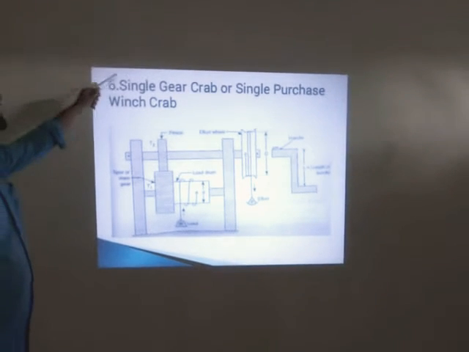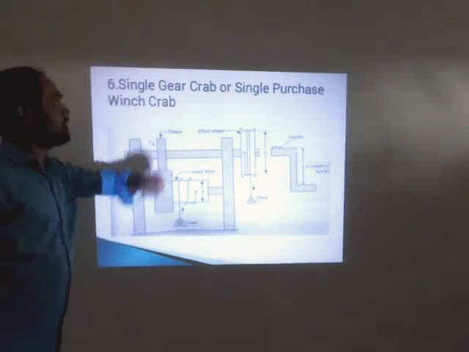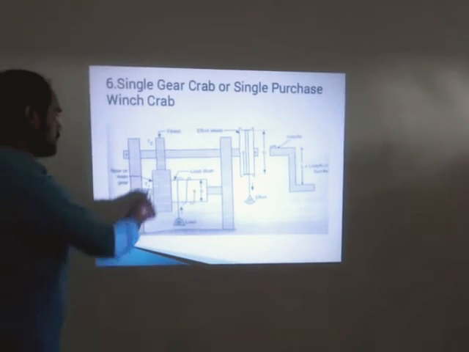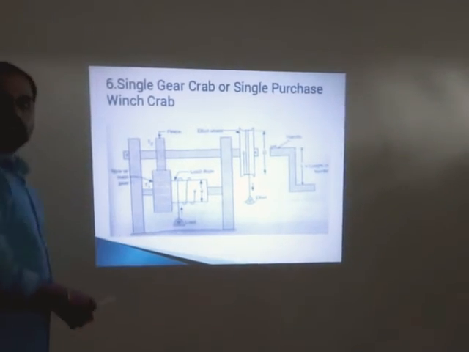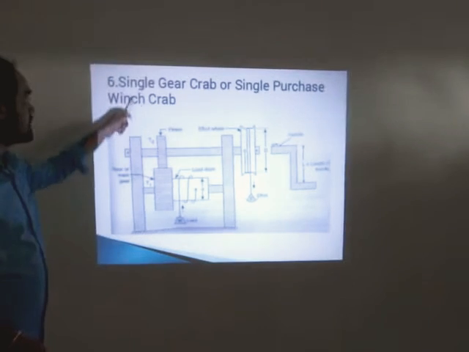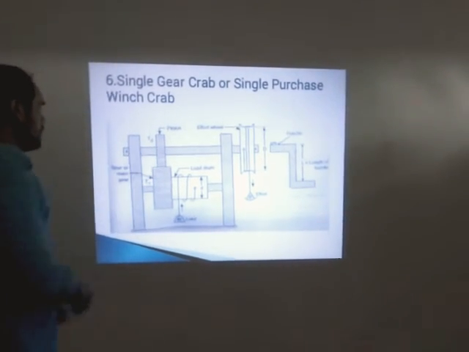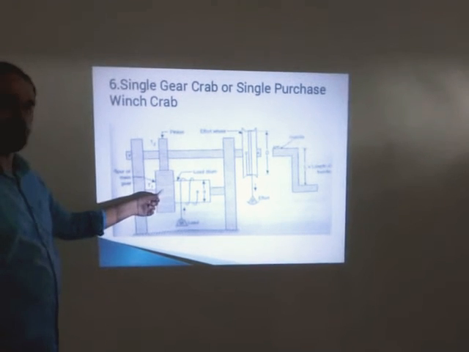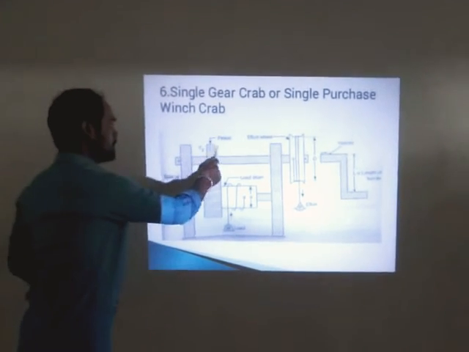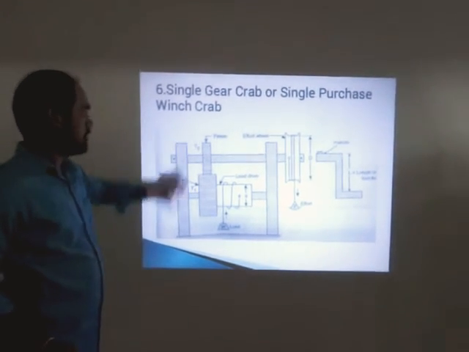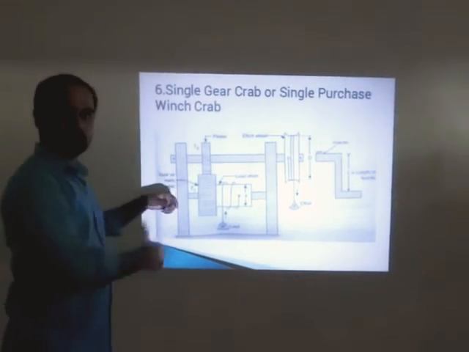Number 6, single gear crank or single purchase crank. Here one set of gears is provided, hence it is called single purchase crank. This is the pinion wheel, and this is the spool wheel. On the pinion wheel and spool wheel a number of teeth are provided, and the energy is transmitted